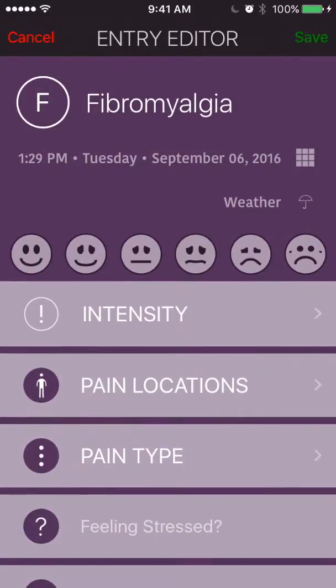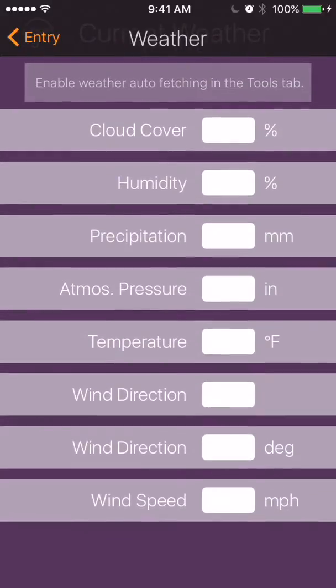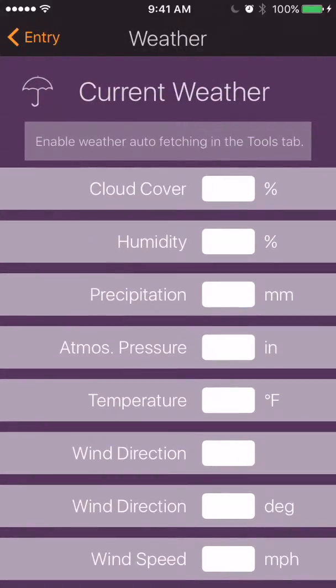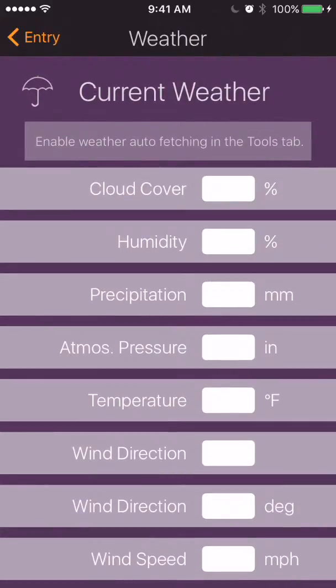Now, below that is weather. And this is one of the really interesting metrics because we all know this affects our pain, and it's always fun to find some proof. The weather metric consists of the various pieces of information shown here, and you can just go in and add